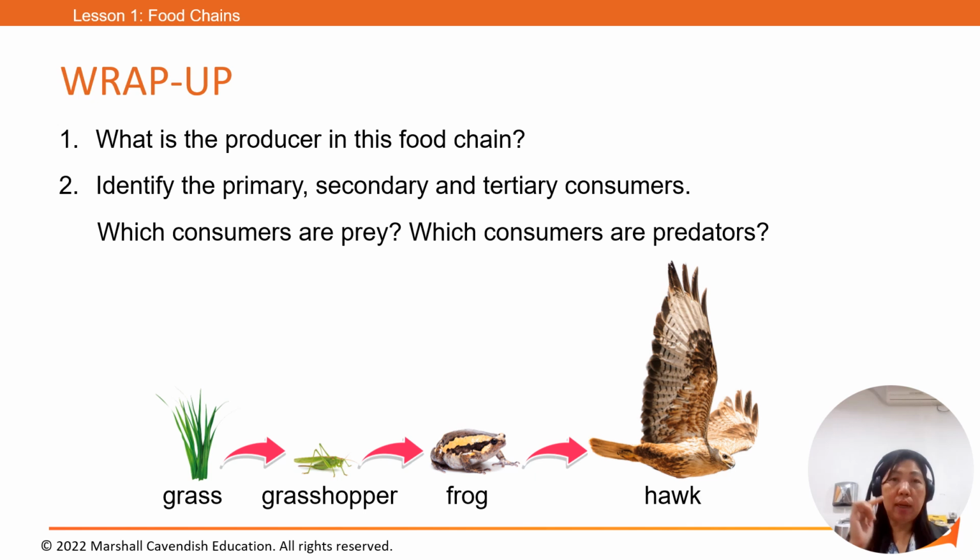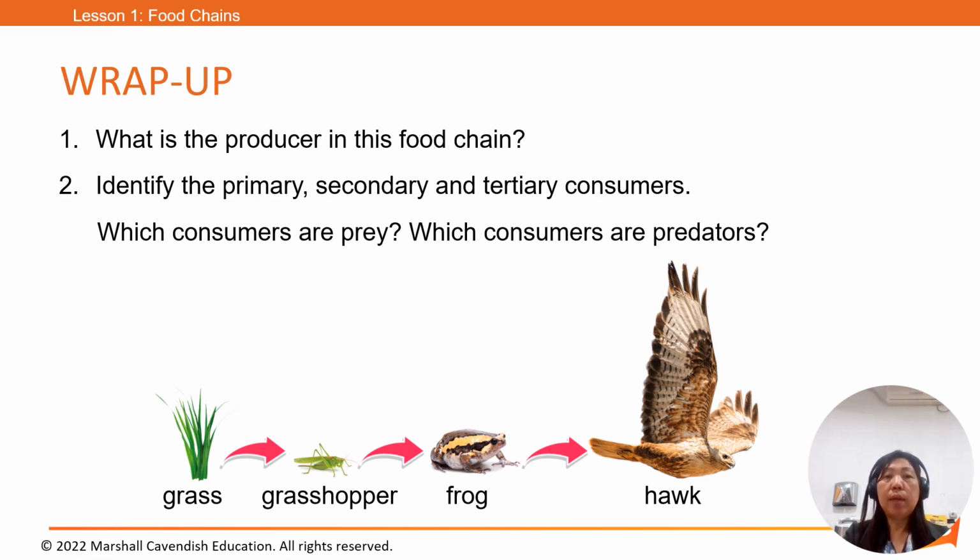Yes, good job. The grass is the producer. Now, which do you think are the primary, the secondary, and the tertiary consumers? Which consumers are prey and which consumers are predators? Let's see, the grass is eaten by the grasshopper, eaten by the frog, and the frog is eaten by the